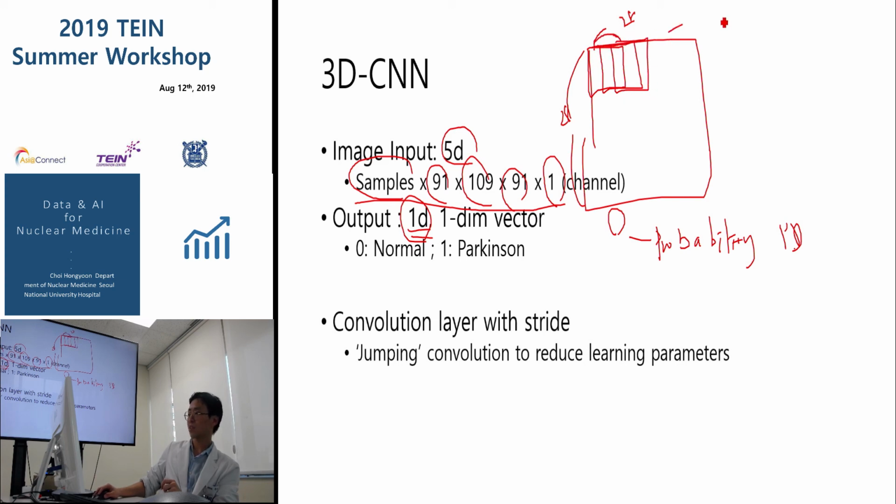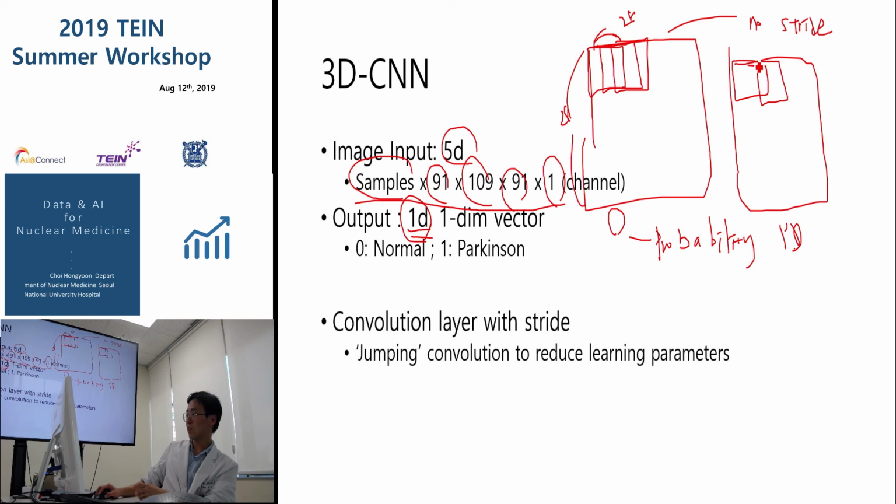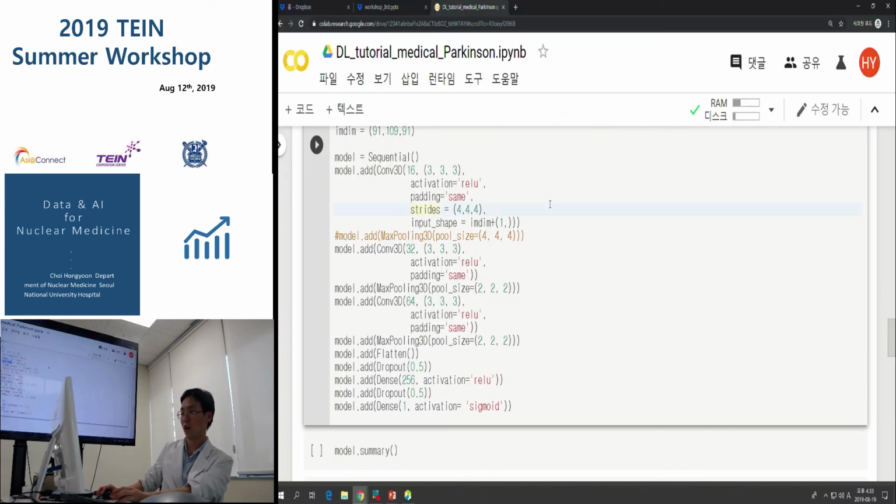So this is the no stride convolutional layer. However, if we have some special number of the stride, then the first layer will be applied here, and the second operation will occur here, not here. So stride means a jumping convolution to reduce the learning parameters, because SPECT images are typically blurred images, so we did not apply the convolutional layer to all the images. Just jumping convolution